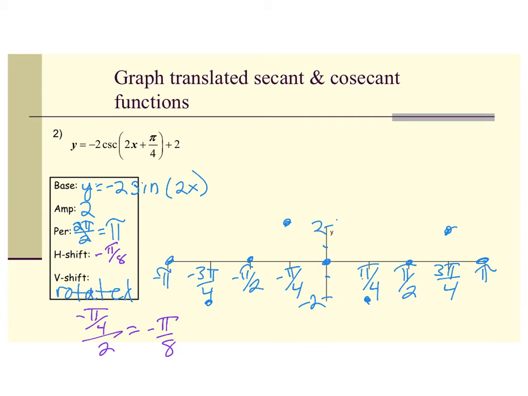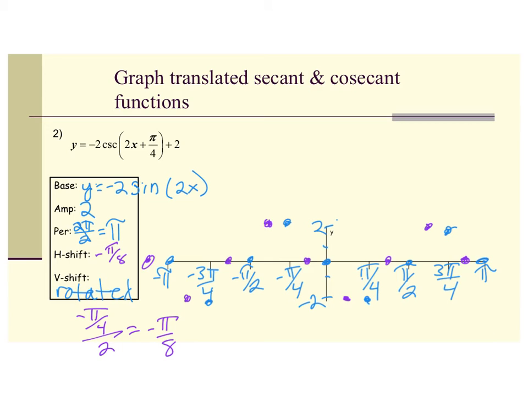Well, 1 tick mark is pi over 4, so pi over 8 is half of it. So I'm going to shift half a tick mark backwards. 1, half, half, half, half, half, half. Okay, whoops, that one was a little high. There we go. Yep. Alright, so now I lay down my asymptotes before I do my